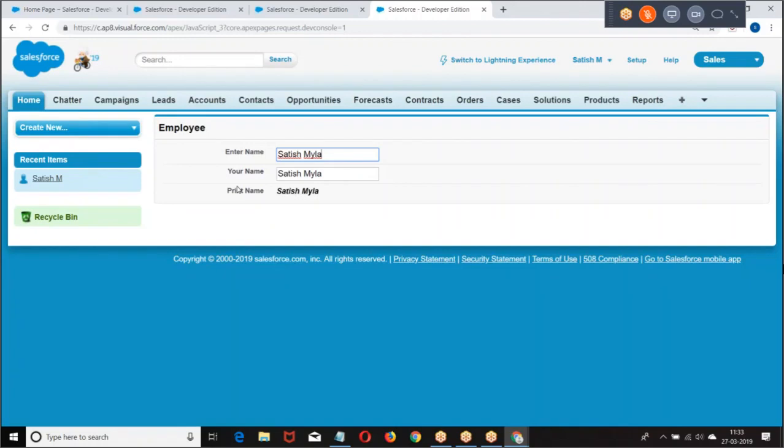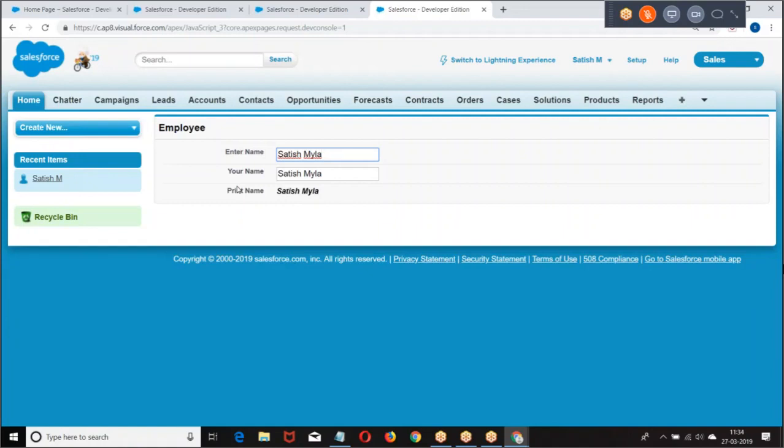So whenever the change occurs here, automatically we are going. When an event is called on change, on key up, or on key down, we want the JavaScript to be called. What is the JavaScript doing? It is reading the value. How is it reading? Document dot getElementById. The complete path I have given: page, form, page block section, everything I have given. I hope you got my point. Is that clear for everyone?